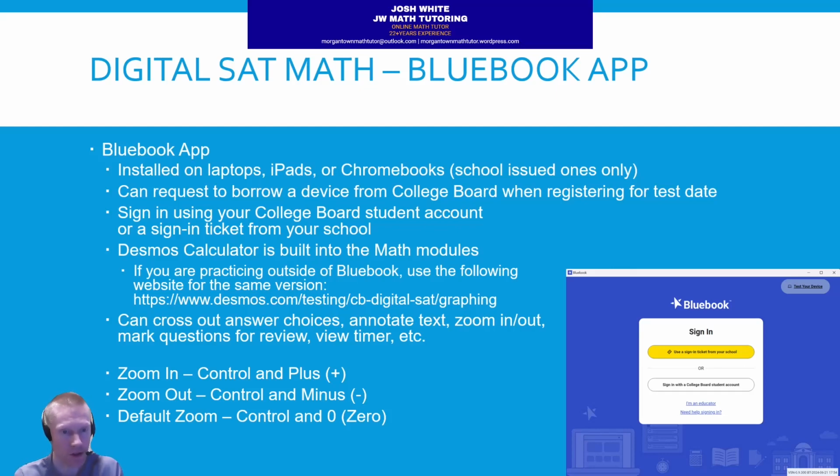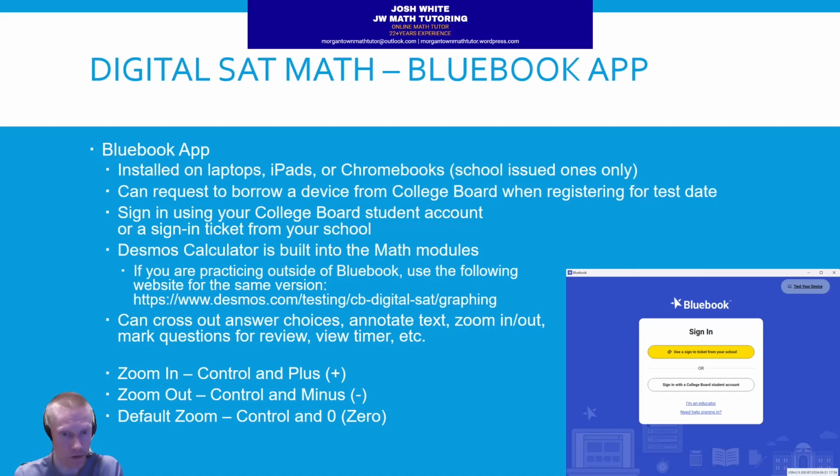So one thing I just want to mention, the reason I listed zoom in, zoom out, and default zoom here as commands to be familiar with is because there are some problems where, because the answer choices are graphs, you can't see the question and all four answer choices at the same time. So if you do not zoom out to try to fit everything on the screen, then you have to constantly